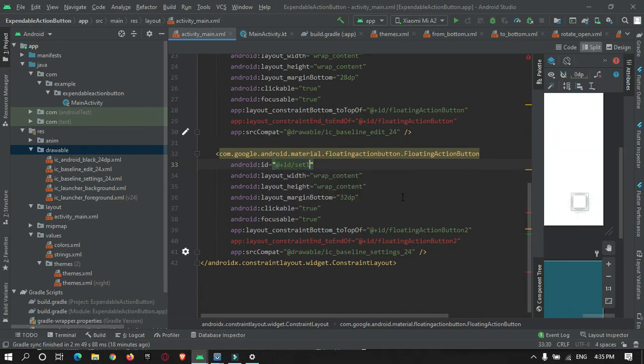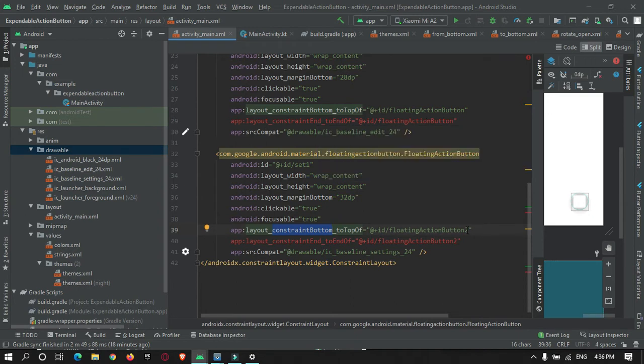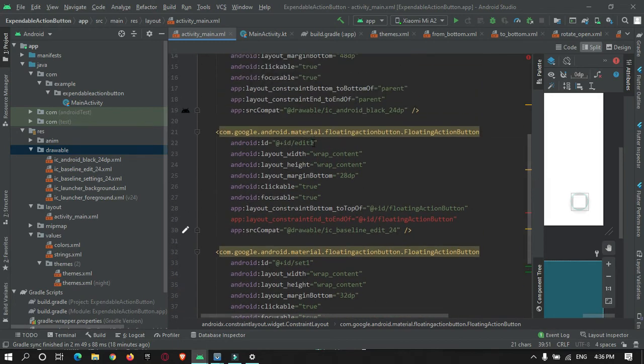Here it is showing an error because we have attached the constraint to the bottom of the above button, so we need to change the ID of it. Now here we must make use of this ID.